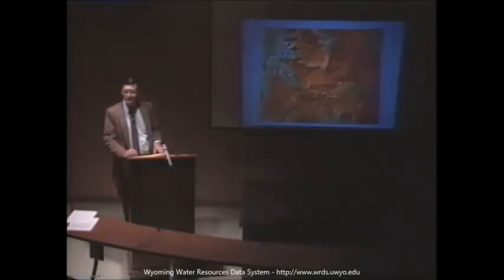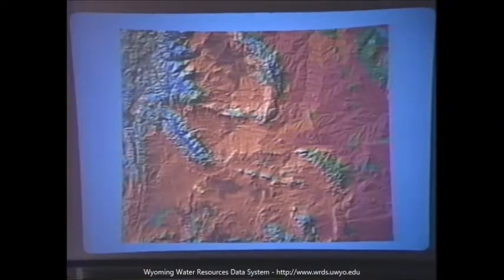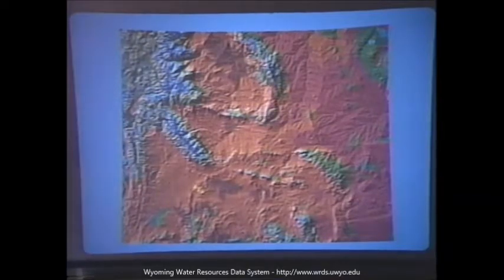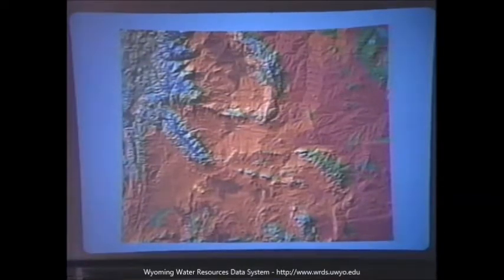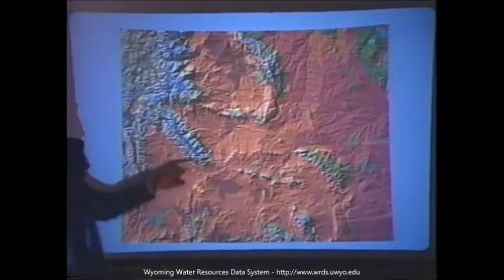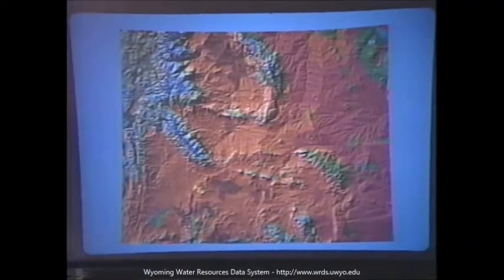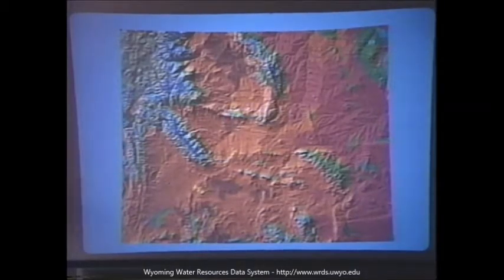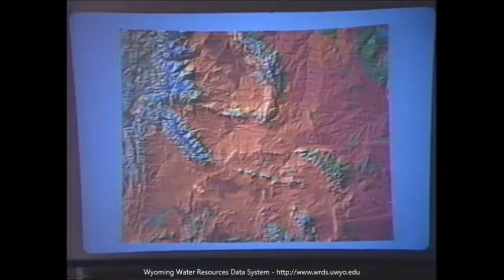I'll just go on past that. This shows the natural vegetation of Wyoming. Again, a strong relationship to the topography. The blue, for example here, are the spruce fir forests, somewhat lower down elevation-wise. In other words, the green, for example here and over here, are the pine forests. The bulk of Wyoming is in this brown and yellow